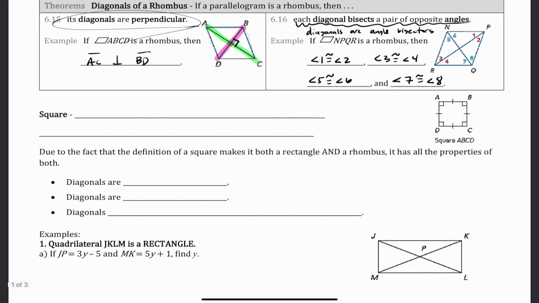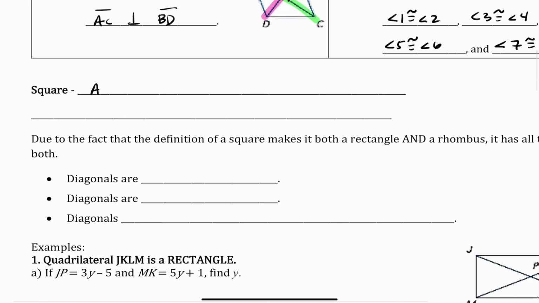Alright, so we're going to go ahead and move on to a square. Now, you probably have heard of the phrase that a square is a rectangle, but a rectangle isn't a square. And I'm going to go ahead and tell you why. Now, a square is a special parallelogram. It is a parallelogram